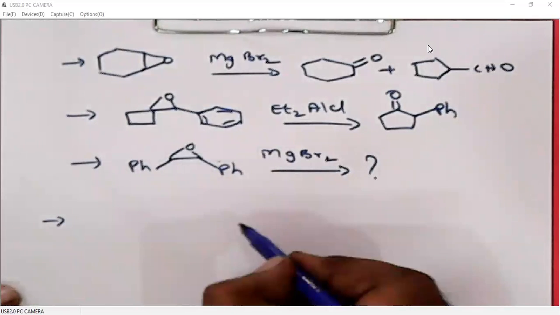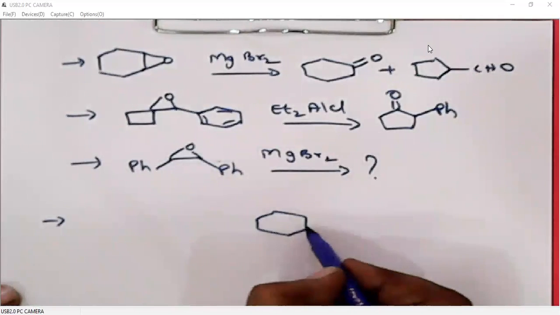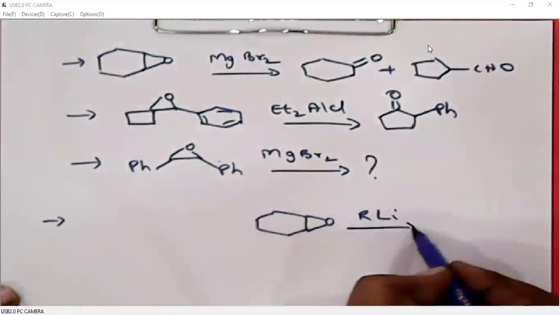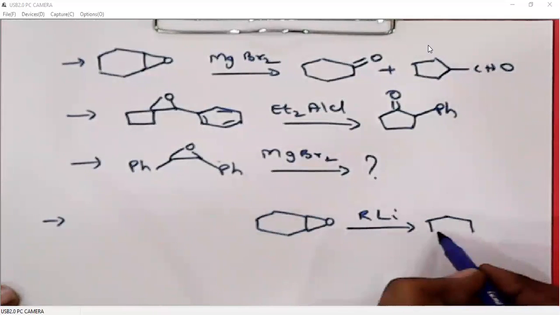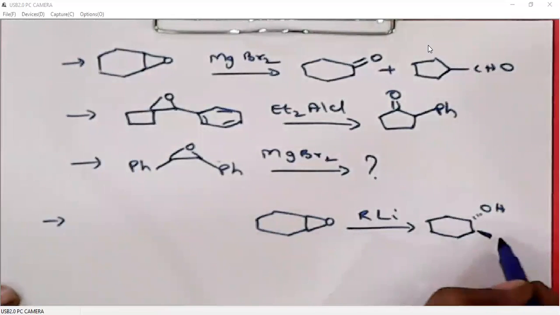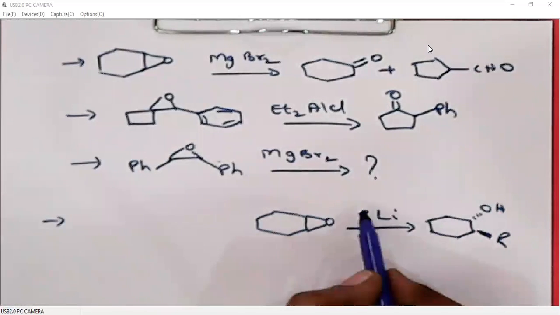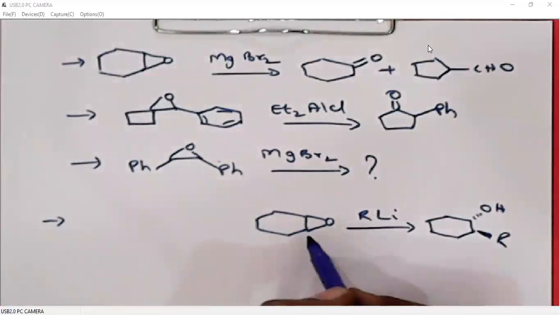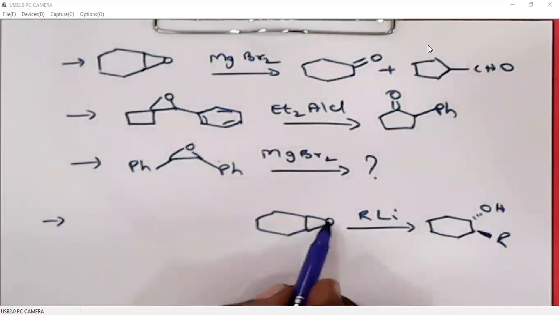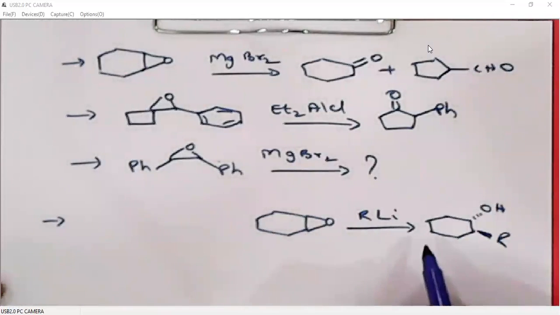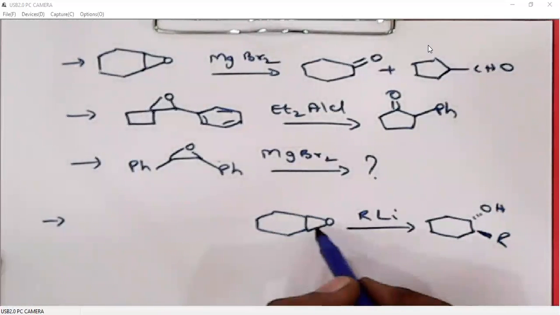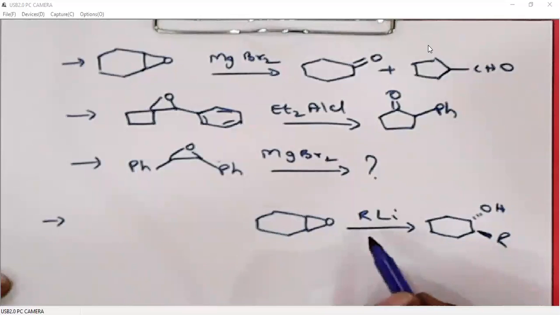In the next example, when this epoxide is treated with alkyl lithium, obviously it is undergoing epoxide opening. So R minus will approach this epoxide either from above the plane or below the plane based on the stereochemistry of this oxygen. So that is what alkyl lithium is doing. Alkyl lithium is just opening the ring. It is nucleophilic